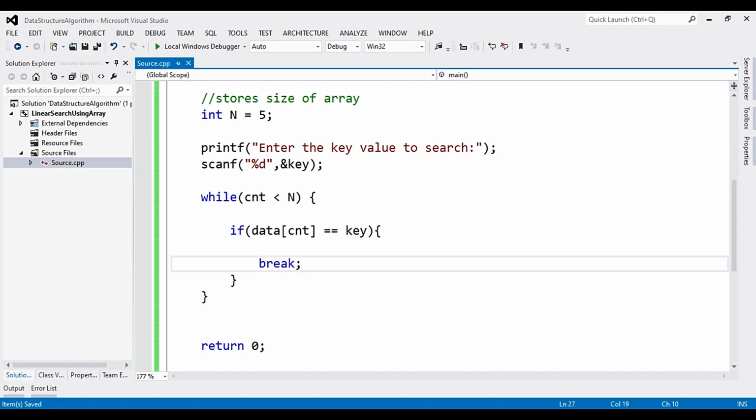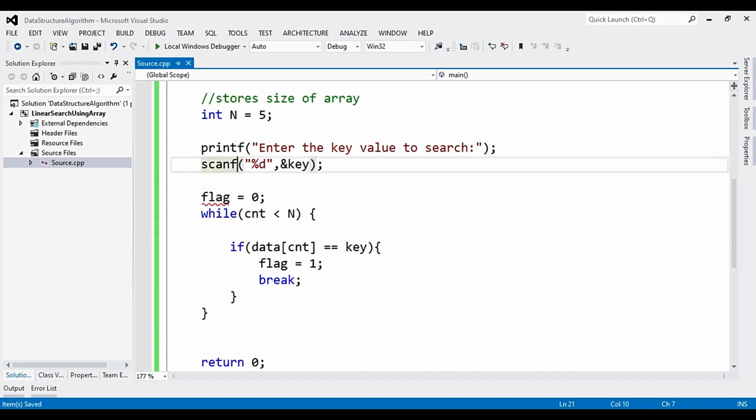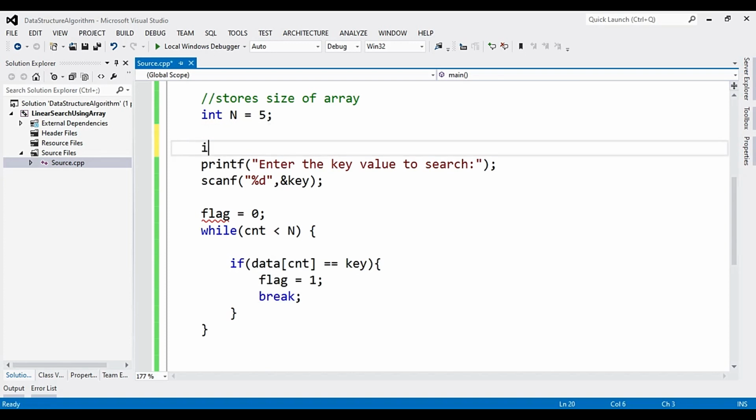So one way is to check whether we actually entered this if statement. We can have a flag variable, and before we start the loop, we can initialize it to 0. That's one way of doing it. A flag is just acting as a marker saying that we entered this if block. So I'll declare a flag variable. We can also implement the logic without a flag variable. I'll show you that too.